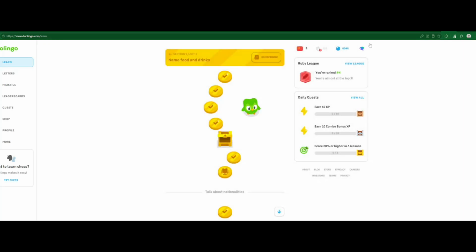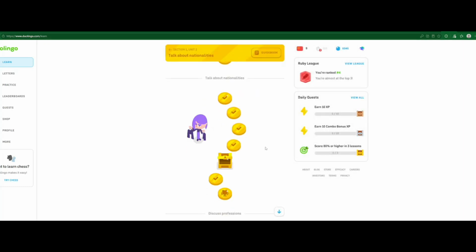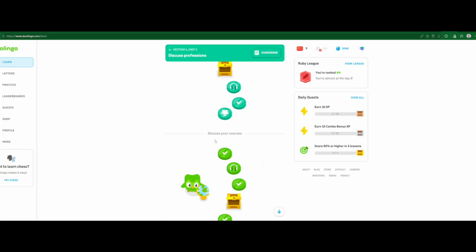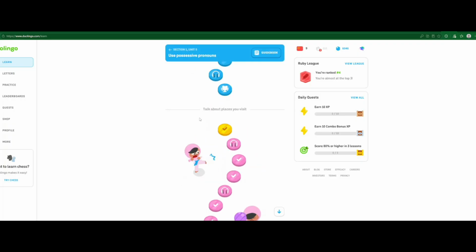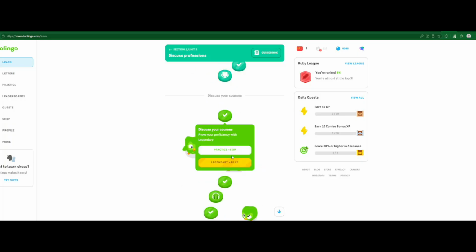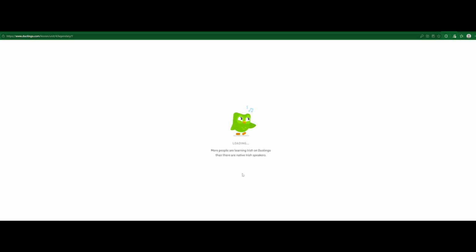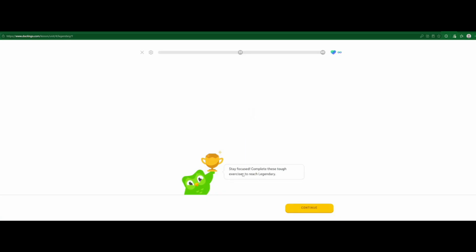So, a friend gave me some free family plan since they got a free temporary family plan for a few days, which means now I have to grind Duolingo because I have unlimited whatever. Okay, let's just do this and see where this goes. Okay, I'm going to start with some of the earlier units because I have forgotten quite a bit of Chinese. So, let's see what's going to happen.